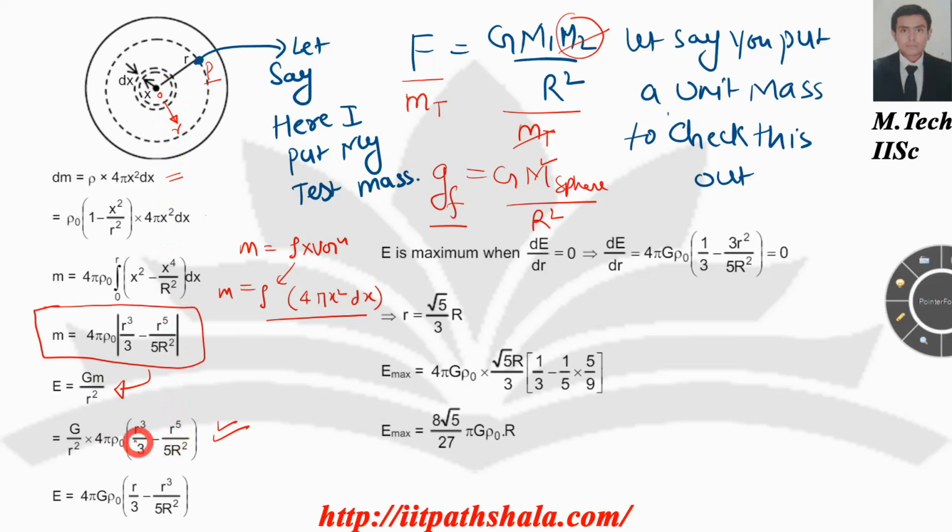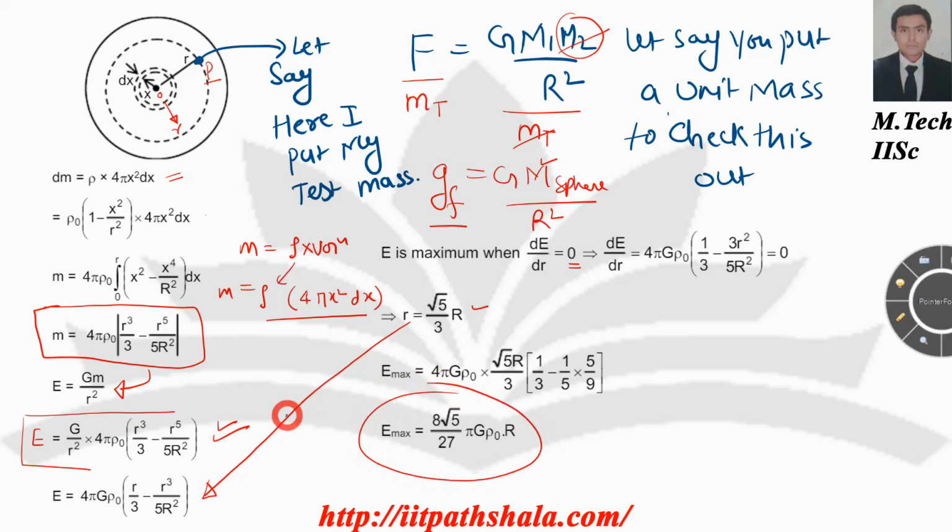Okay, now you have to maximize this expression over here. Mathematically, you can take the derivative, so dE by dr should be equal to 0 for my maximization process. Just find the derivative and find the value of r, which is coming out to be root 5 by 3 for me. Now you have to figure out the value of maximum E. So just put this value of r into this expression over here, and you'll have the following expression. Okay, so pretty much simple question.